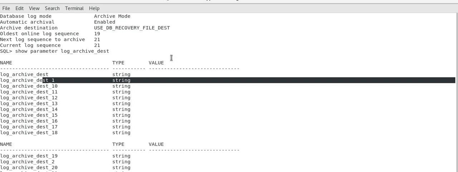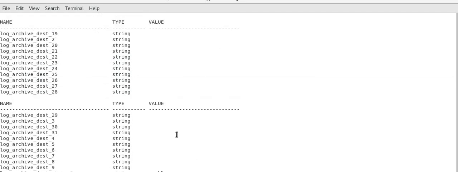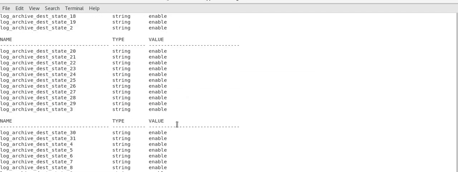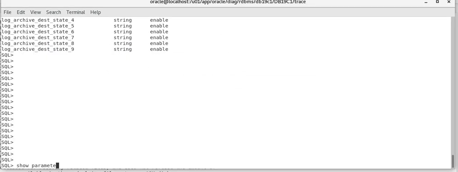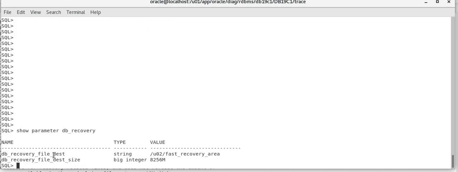If you want to check whether FRA is enabled or not, check the parameter DB recovery. As you can see, my DB recovery file destination is set to U02 fast recovery area, and 8 GB is allocated for FRA. That means when my redo log files are archived, the archive files will come to this location. So if you go to this location,